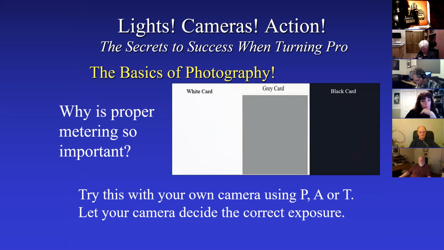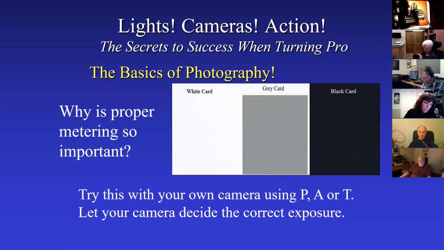Well, if you had these tools available to you, you could do this at home. And I like to demonstrate this in a live class, but we're not going to do it live. So you're just going to see the results of this. But if you can acquire yourself a white card, a black card, and a true 18% gray card, you'd have to order that from Arlington Camera or some other camera store to get yourself a true 18% gray card. But if you photograph each of those one at a time using the very same lighting environment, then you'll find